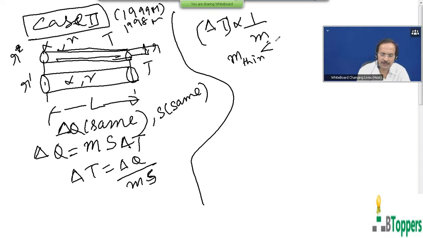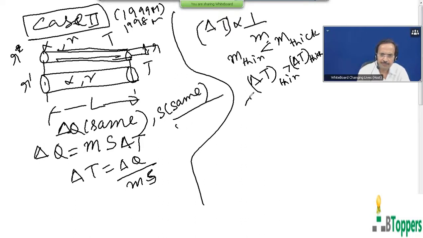So the mass of the thin rod will naturally be less than the mass of the thick rod when both the rods have the same length and are made of the same material at the same temperature. Therefore, the increase in temperature for the thin rod will be more than for the thick rod of the same metal and same original length, when they absorb equal quantities of heat. Therefore, the increase in length delta L can be written as alpha into original length into the increase in temperature. So the increase in length is more.